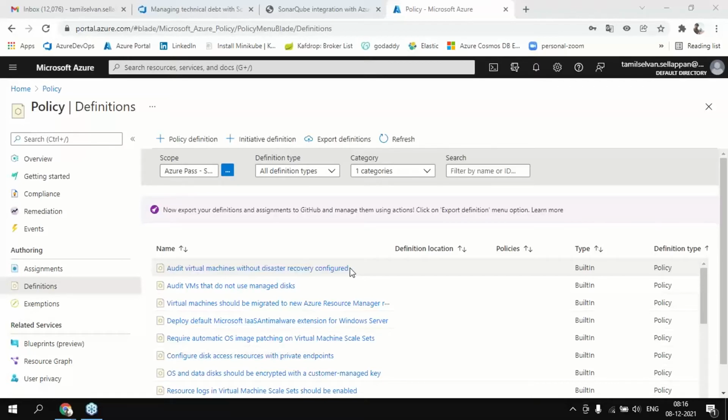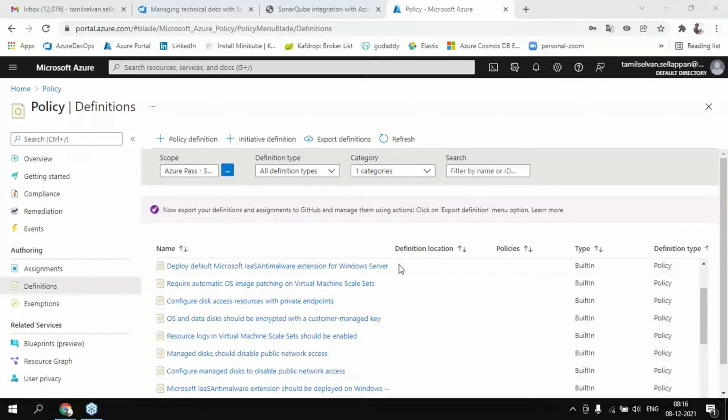This is what they call disaster recovery. And here, OS and data disk should be encrypted with a customer key. If for example you created one virtual machine but you are not enabling the encryption,